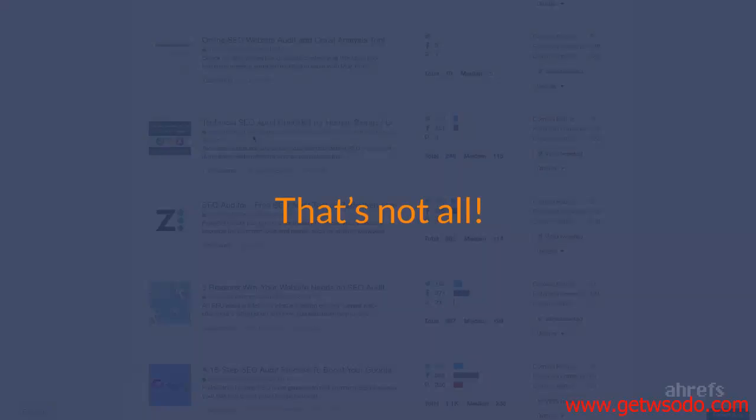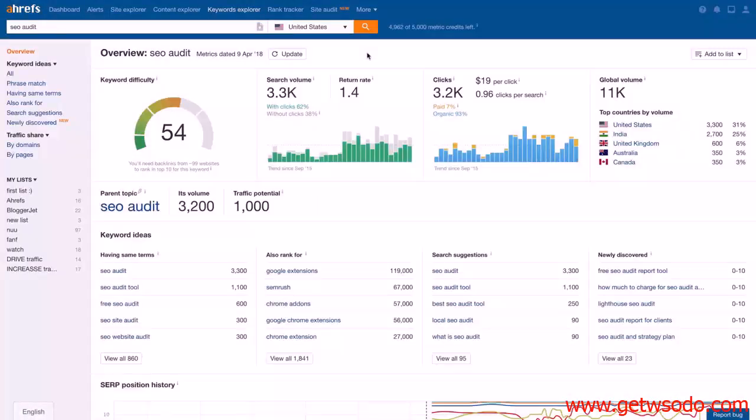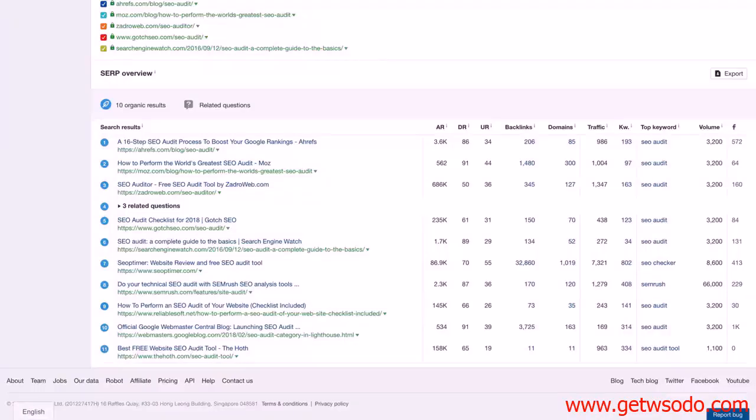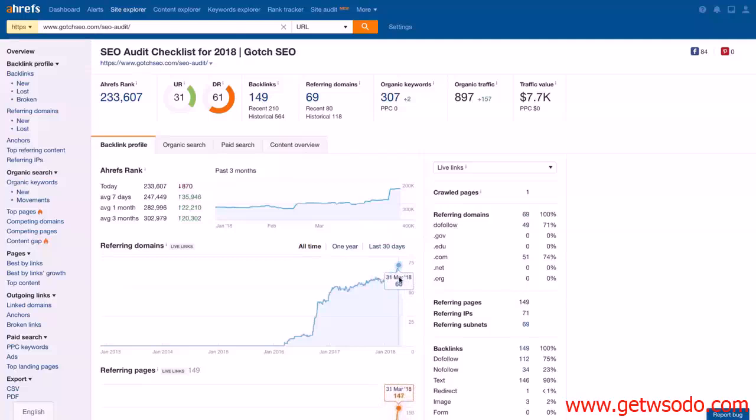If these articles have generated so many backlinks, there's a good chance that someone is going to link to them again in future. That especially applies to the articles that rank well in Google for their topic. Remember the vicious cycle of SEO? Let's take this article that ranks number 5 for SEO audit. According to the Site Explorer tool, it has been attracting new backlinks quite consistently over the past few years. So wouldn't it be cool to know whenever some new website will link to this article?